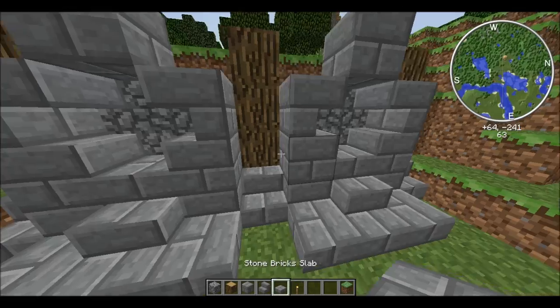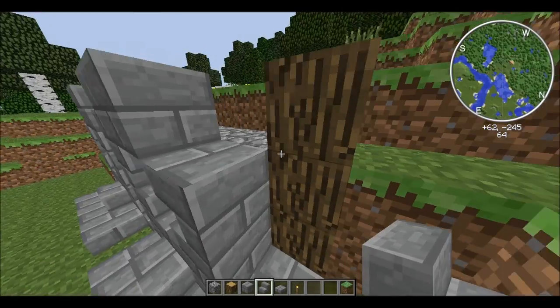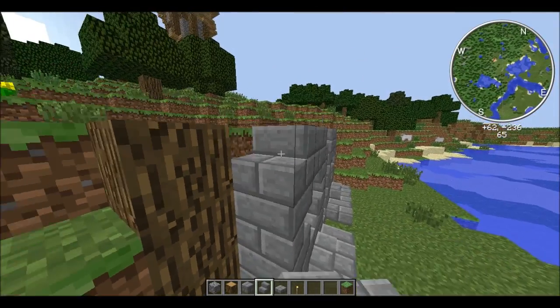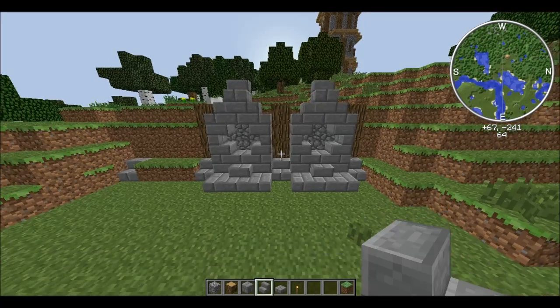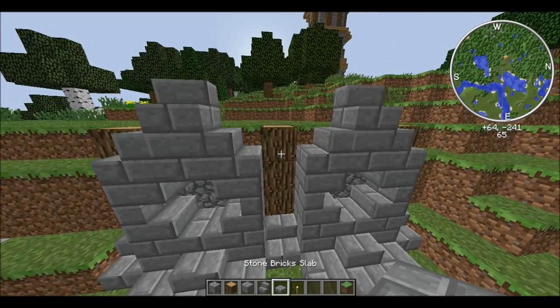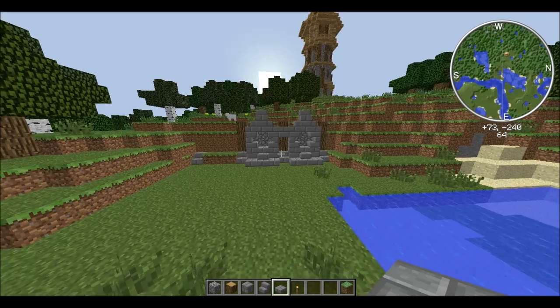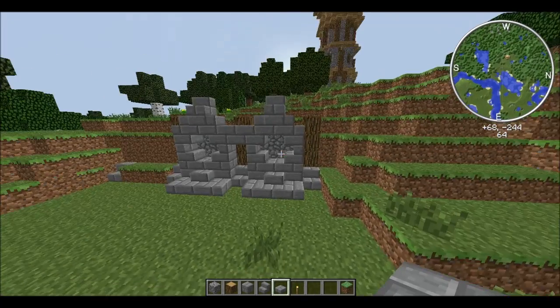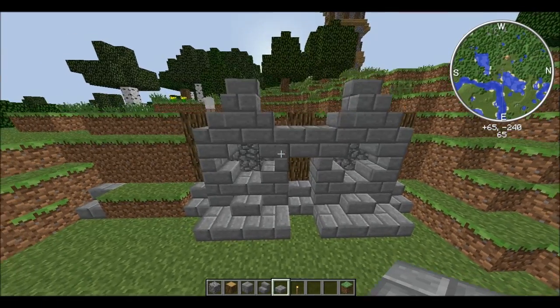Now go ahead and take stone brick stairs and build them like this on either side, so you sort of get this podium look, I guess. I don't know. But on top of that, go ahead and place a stone brick stair like that. And then go ahead between here to place half slab and a half slab like that, so that they're kind of connected. And that's basically the wall design. You just keep building it to whichever side you want, as far as you want. It'll just keep repeating, which makes it really easy.